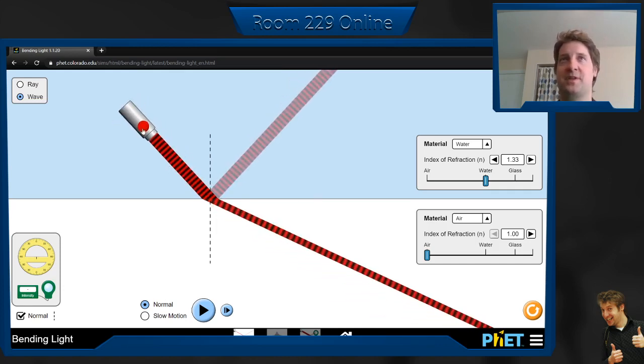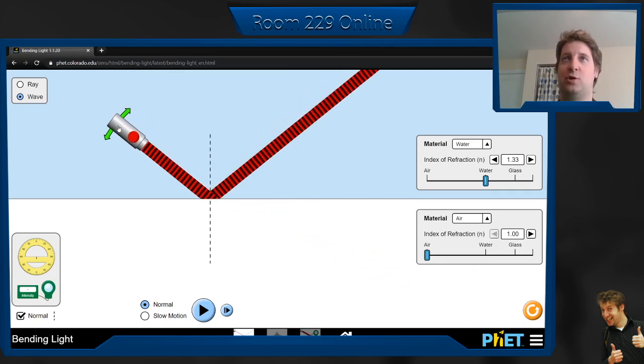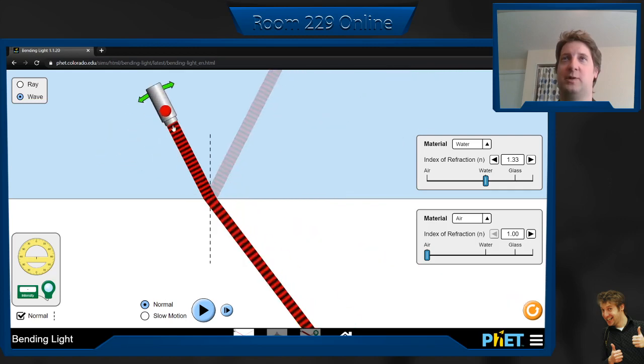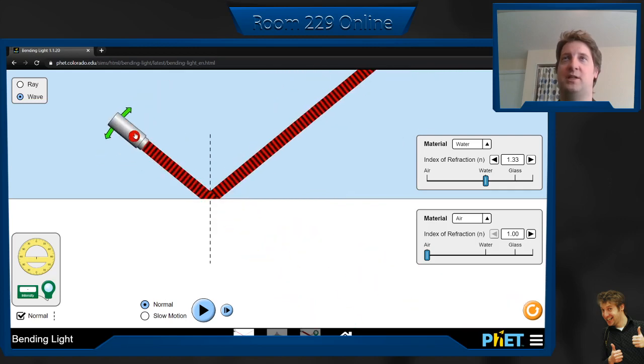opposite direction. And we end up actually with total internal reflection, which is a term I hope you remember from going into the medium, but once we get to a certain critical angle right there, we end up with